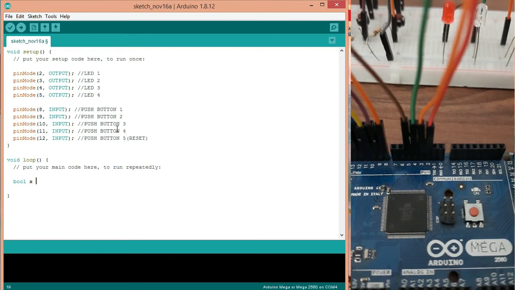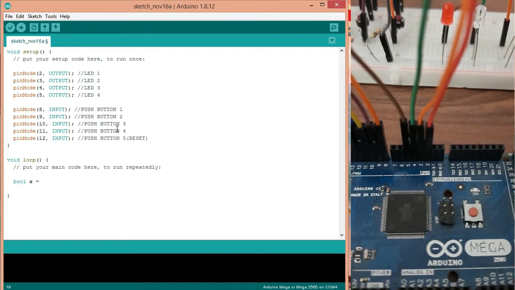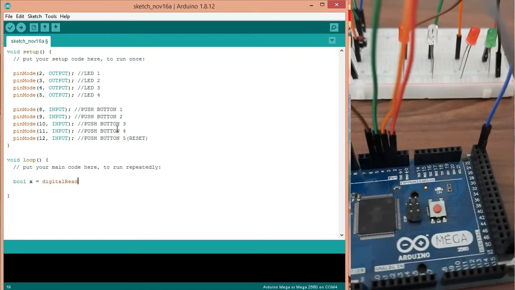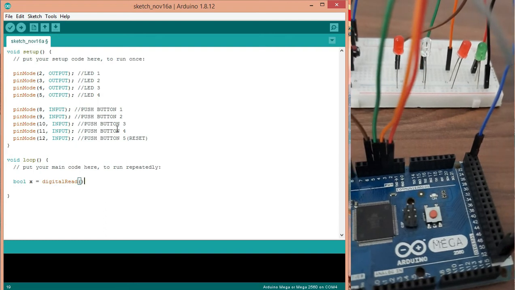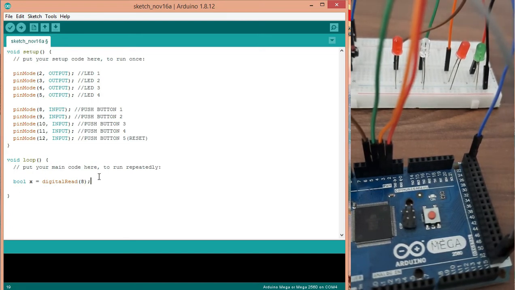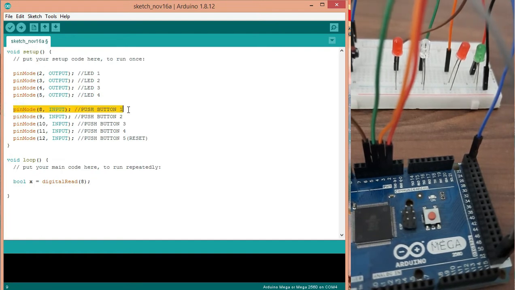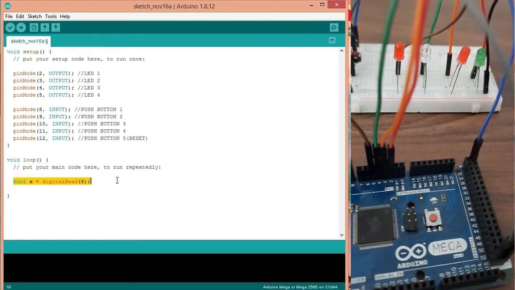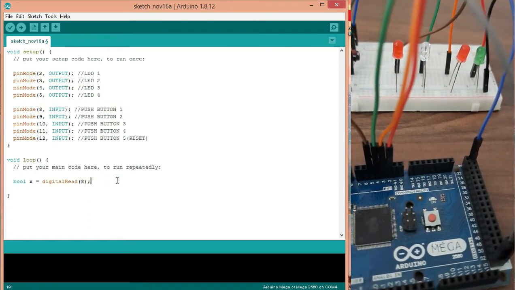So x0 is digitalRead of pin number 8. This will read the digital value of pin number 8, that is for push button 1. And we are going to copy this code for the rest of our push buttons.